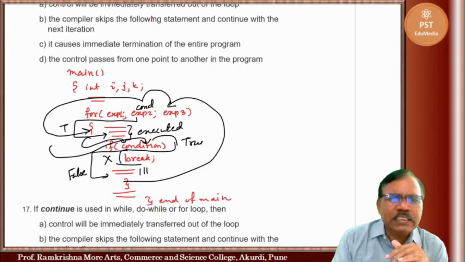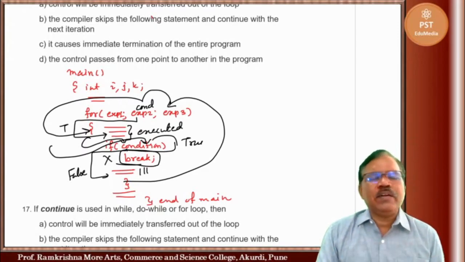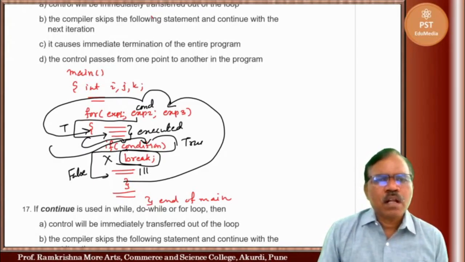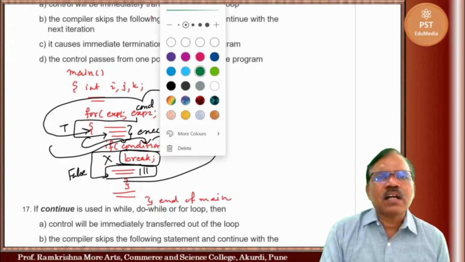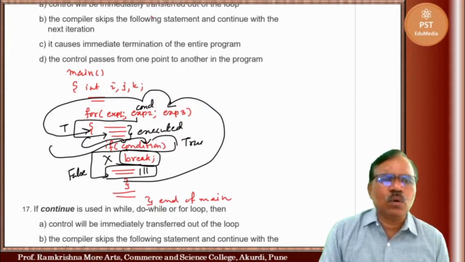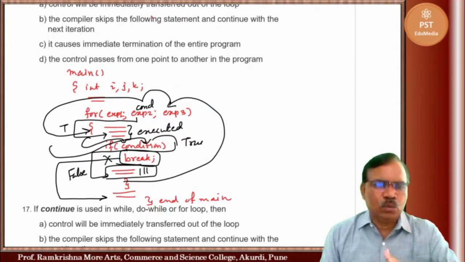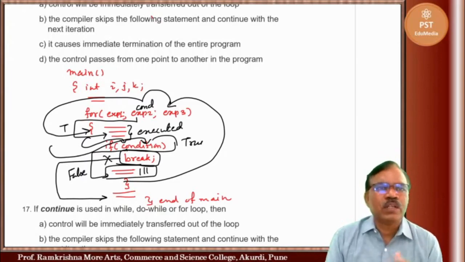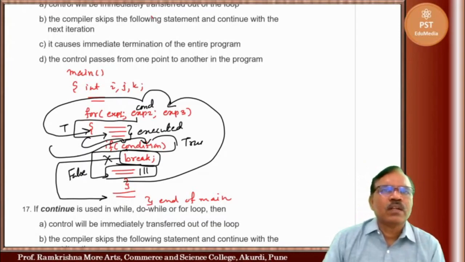this break is evaluated. And what happens when break is evaluated? Control will not execute remaining statement, but what happens in this case? Control directly goes out of the loop and it executes statements that are outside the loop, means after the loop. So it goes outside the loop after the loop.